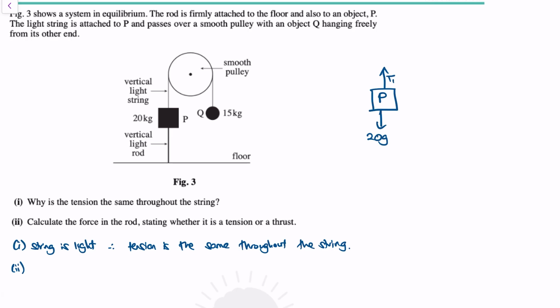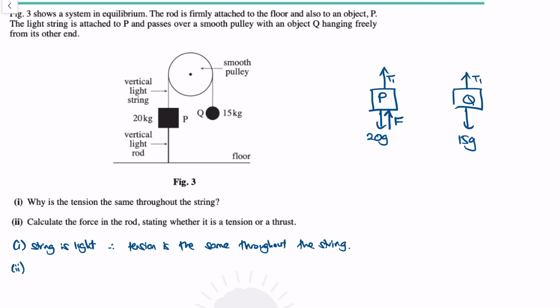Also Q, if we look at Q, it feels the tension pulling it up as well, and 15g, the weight pulling it down. Now because 20g is heavier, we would expect it to fall down. But because it's not falling down, we're expecting a force that is pushing it up. Because 20 kg is heavier than 15 kg, it would have fallen down, but it's not, which means there is a force pushing it up, and that's what we need to